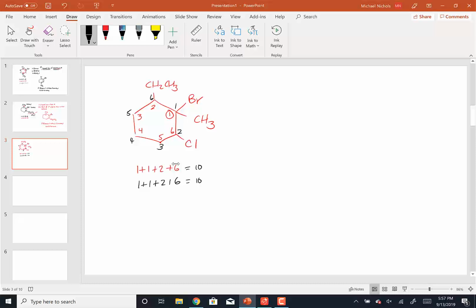So now I have to break the tie, and my choice is I can either start with 1 and go counterclockwise to get ethyl, or go clockwise to get chloro. So now I'm going to break this based on alphabetization. Who comes first, the ethyl group or the chloro group? The chloro group would come second alphabetically. Again, the only reason I'm breaking this tie is because those two schemes give the same total sum of substituent numbers. So if I rewrite this over here,